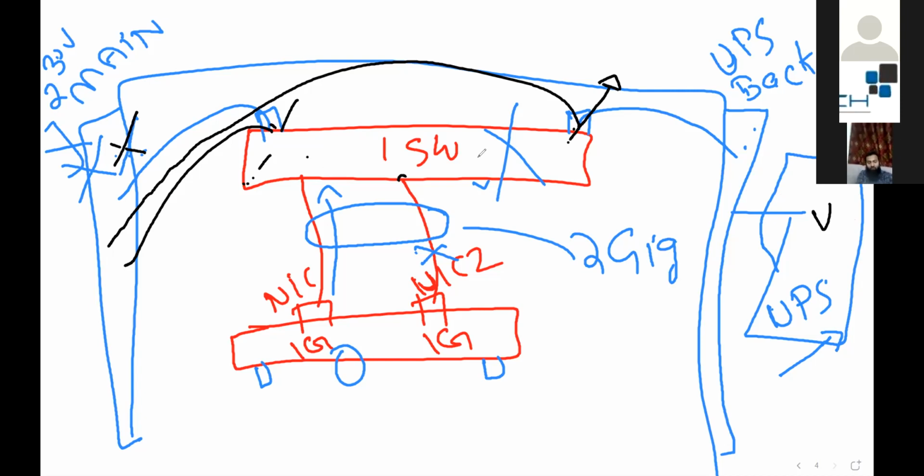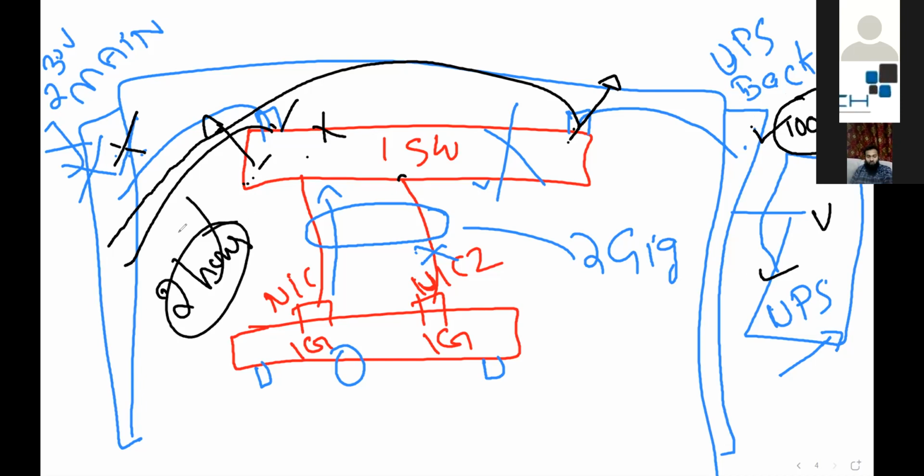Let's say, for example, you are saving 100K USD by not purchasing the UPS and the backup PDU. So you saved 100K. But what if the switch goes down, the camera goes down, and you are not able to run your entire premises with your cameras or all the edge devices for the next 2 hours? What is the business loss? Is it 100K or is it more?